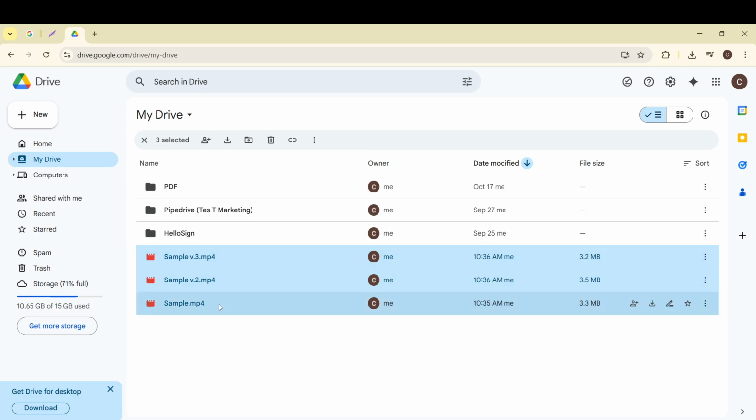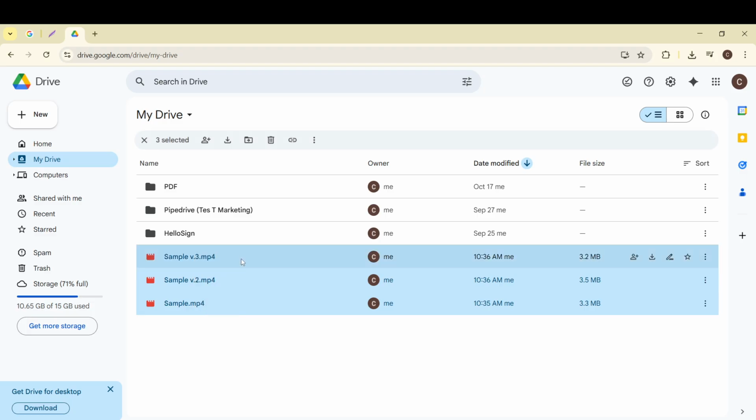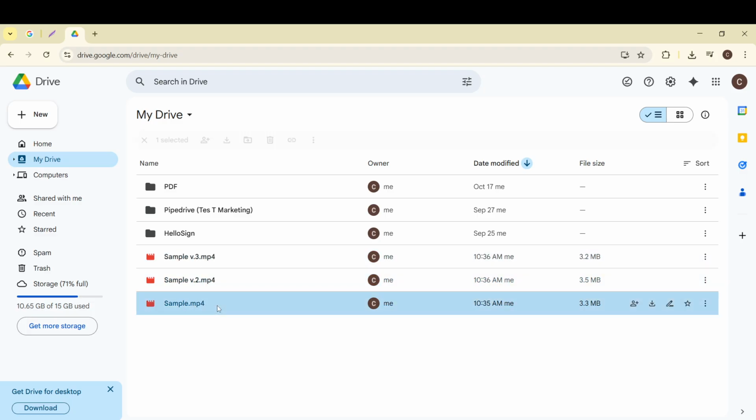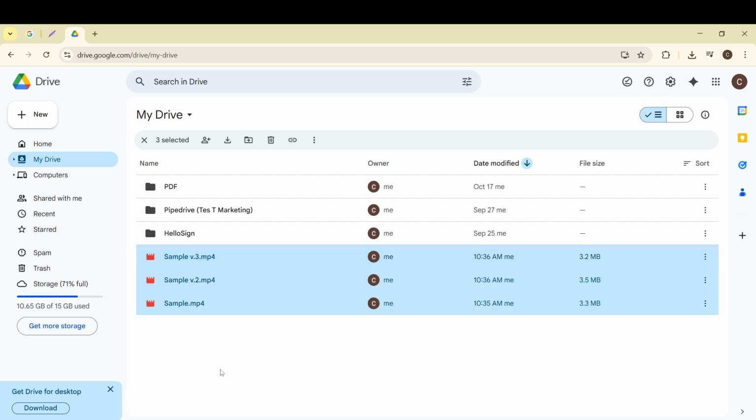To download multiple videos, you have a couple of options. You can either click and drag your mouse to select a group of files, or hold the Ctrl key and click on each video individually. Both methods allow you to select multiple files at once, making it a bit quicker and easier if you have